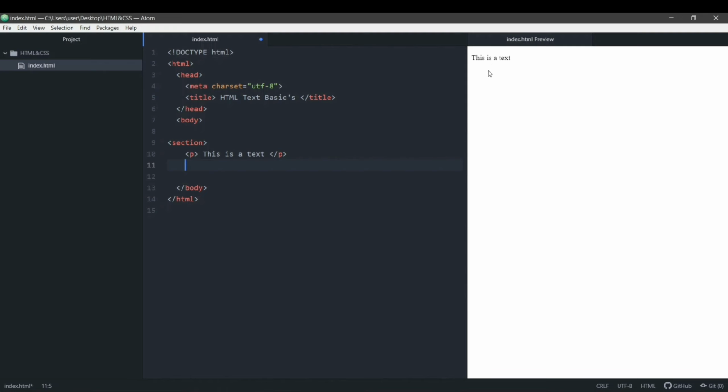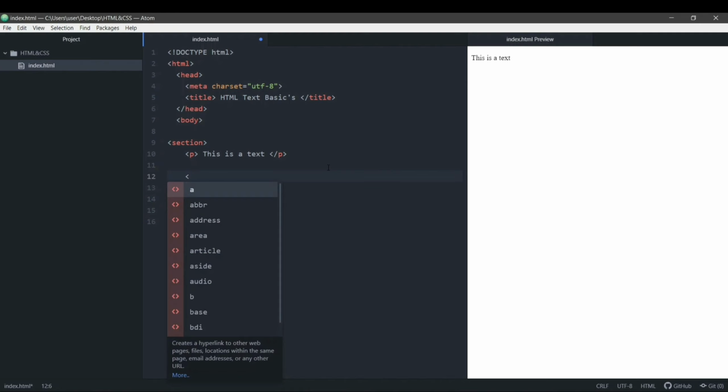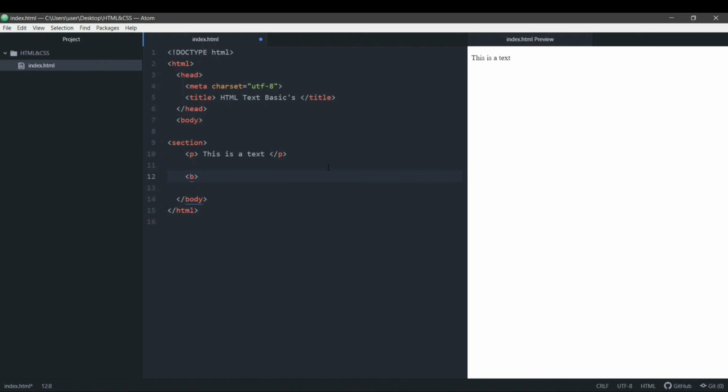Now what if I want to add a few styles to this text? Suppose I want to make this text look bold, or I want this to look italic. How can I do that? So we can do both of them in two ways. First, let's see for bold. First we'll add a normal b tag, and then we'll add this content inside this b tag, and we'll close off this b tag. Then you can see on the right side of the screen that now the text is converted into bold text.